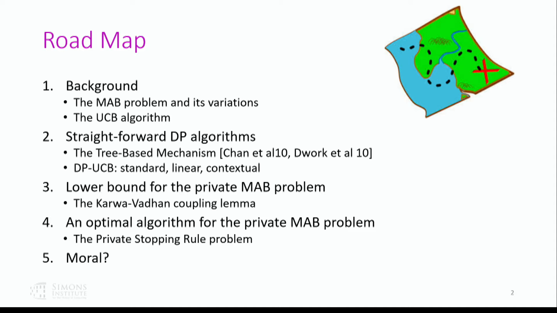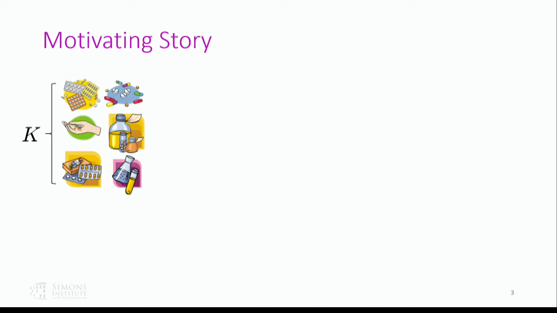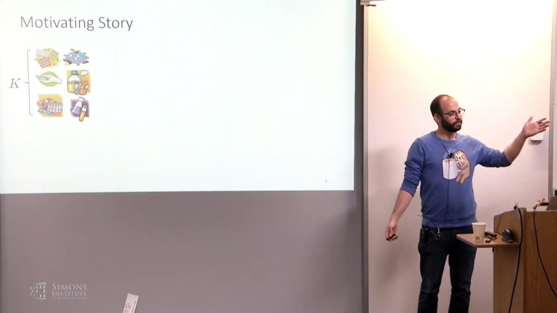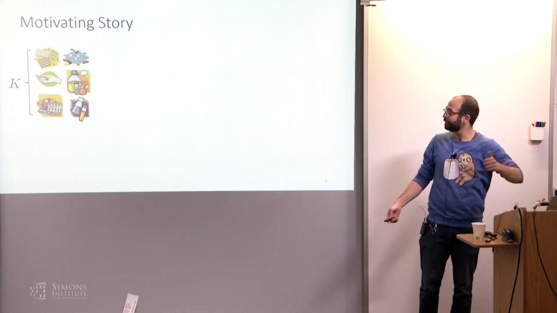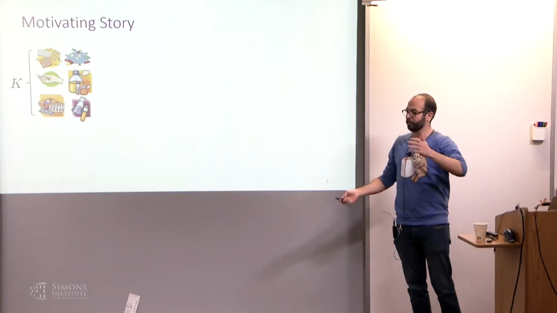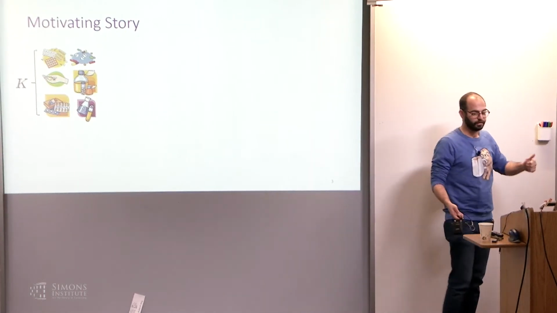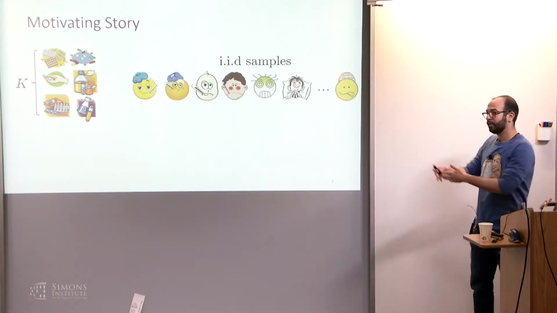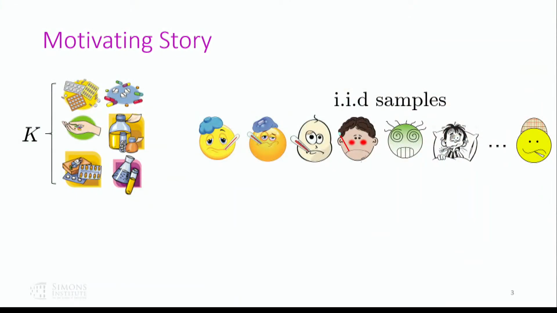Okay, so let's start, motivating the problem with a real-life story. Our ingenious doctors came up with K new treatments, and now we want to determine which one is best for a certain condition. So we're faced with this stream of animated sick kids, and we want to give them an animated medicine. We're going to do it sequentially. They're going to come one by one, non-adversarially, in an IID fashion. And we're going to choose which treatment to give them, and see whether they turn into a healthy animated kid